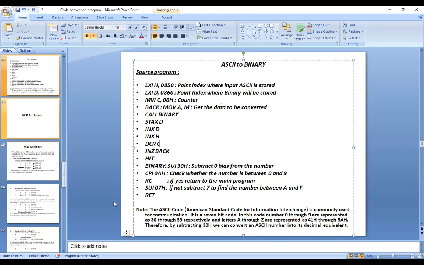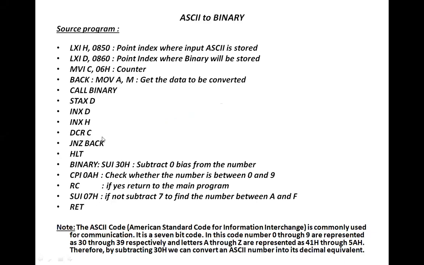Then we are decrementing the counter, and this process will be repeated till the counter has become 0. Once the counter becomes 0, it will not go back. Otherwise, if the counter is not 0, it will go back, and there it will take the data to be converted. Once the data is taken again, it will call the binary routine where 30 is subtracted first, then it is